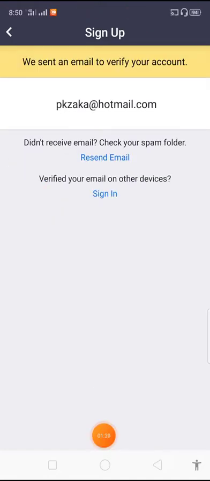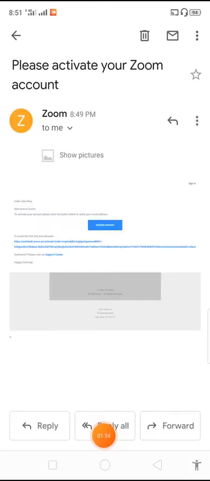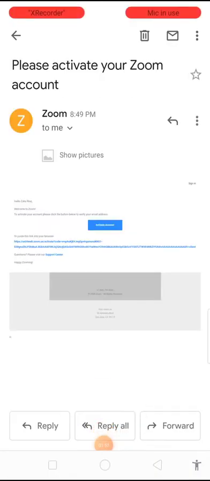So when you will put your details, and after putting the details you will click next, then you will get such a page, right? Where you can see that we sent an email to verify your account. So you can check your email and you will get a confirmation mail there, right? So go minimize this app here and go back to your email. You will get an email like this, right? When you will open your inbox, so you will get such an email. Here you can see that it is written that activate account.